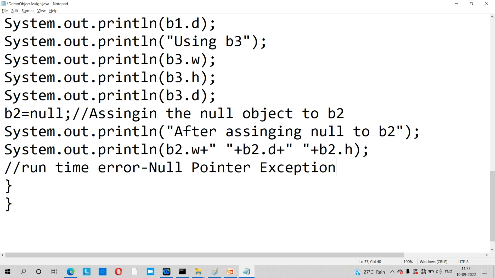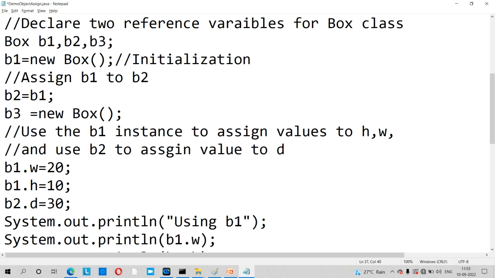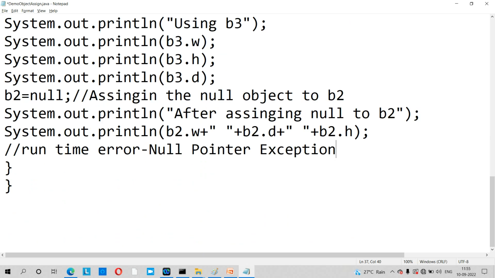So this is the way to create memory for particular variables, how you can create instance memory for each variable, and how you can create a common block of memory for two variables using an assignment, and how to assign a null object to B2. After assignment, if you try to access it, a null pointer exception will be generated. So this is the concept of object assignment